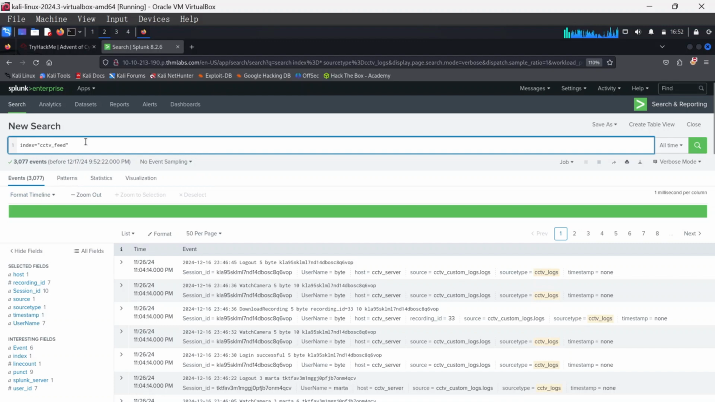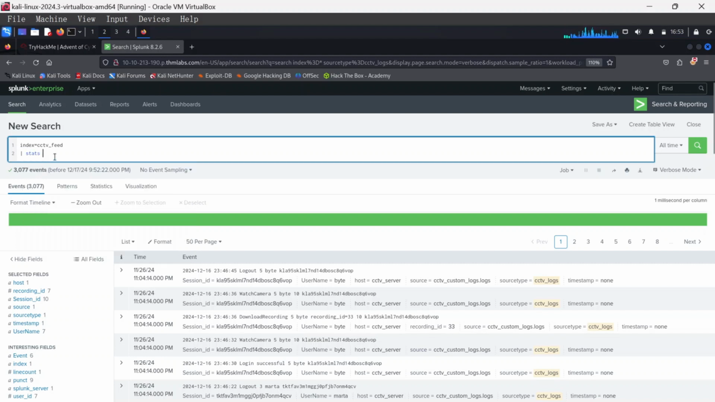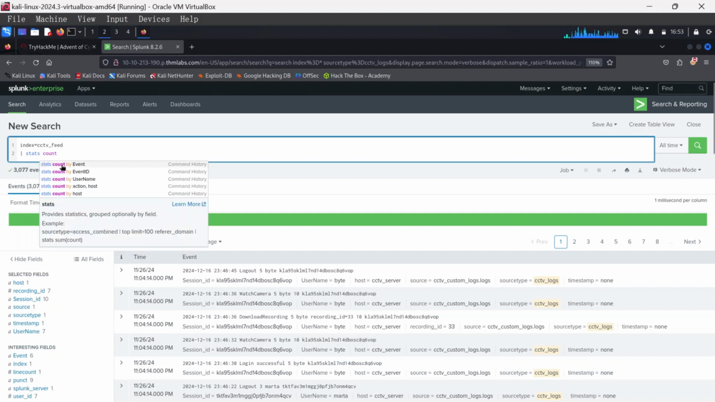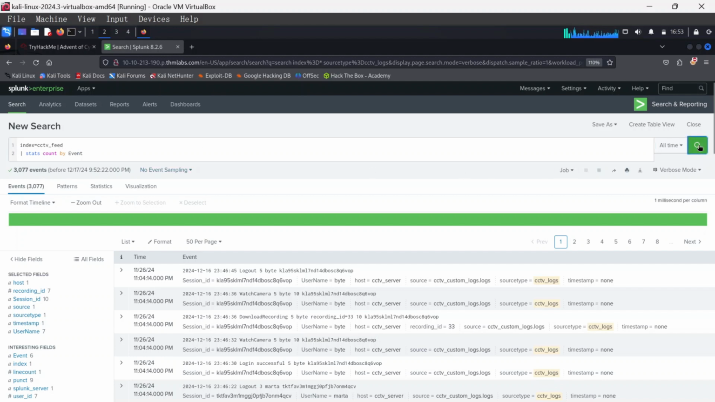Okay, we want it to be on CCTV feed, and we want to pipe that with, let's say, a count, so we want the stats count. So stats count by event. What this is going to do is count the events of the CCTV feed. If we hit search,